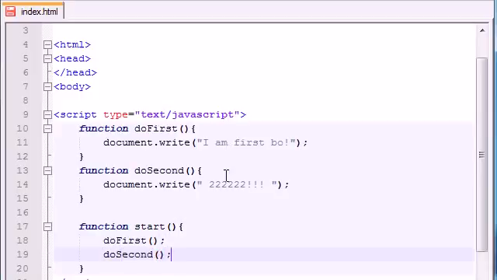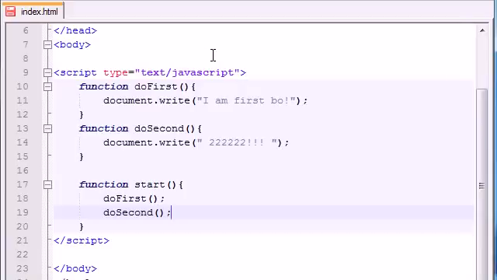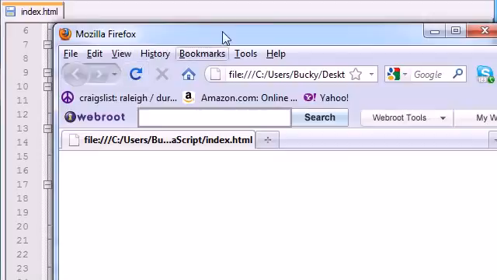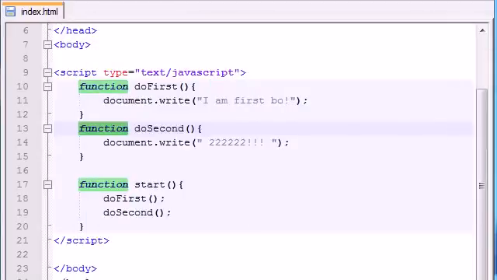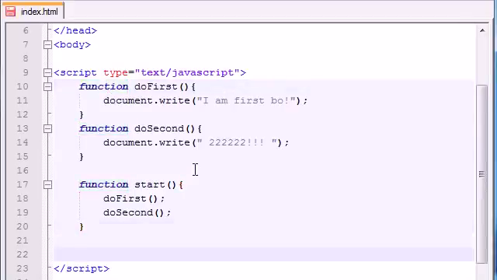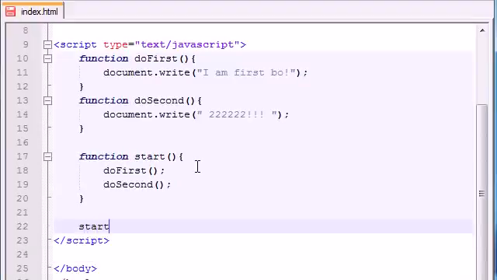So now if we go ahead and run this program, nothing is going to happen because we just have three functions right here pumped up and ready to go, but we never even used any of them yet. So go ahead, refresh, and check it out. I'm refreshing, nothing is happening. Like I said, we have three functions ready to go, but we didn't start it off. We didn't call any of those functions first. So go ahead in your program and let's start it off by saying start();